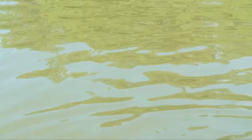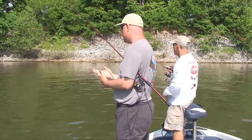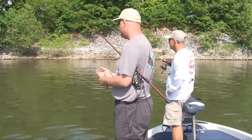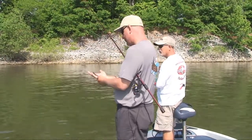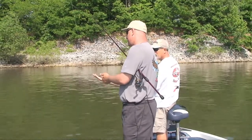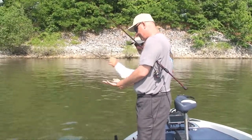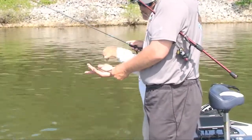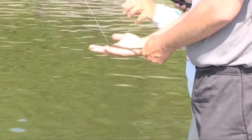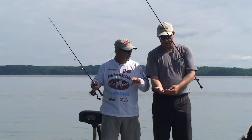That color change made a huge difference, didn't it? Yeah, it really did. Isn't it amazing how fish can be so finicky that they've got to have that color? It's got a little copper flake in it. What's the name of this color? This is New Money. It's actually green pumpkin, and it's got a little copper in it, salt and pepper. What I like about it is that the copper picks up any type of sunlight that penetrates into the water